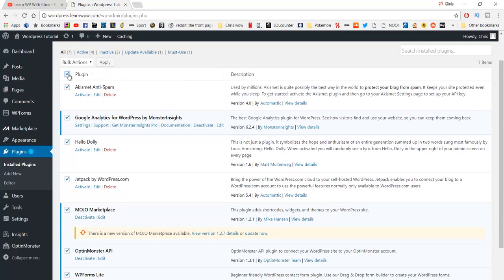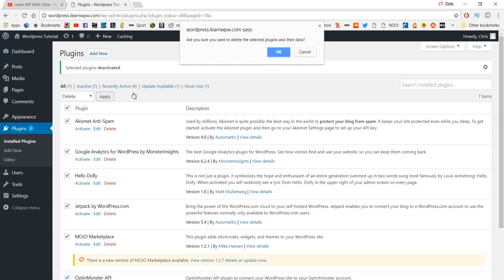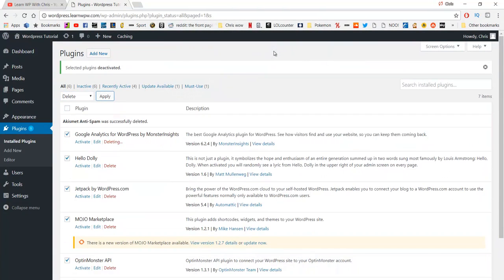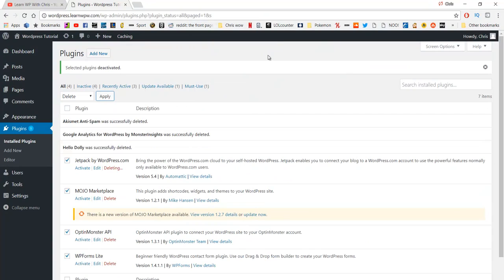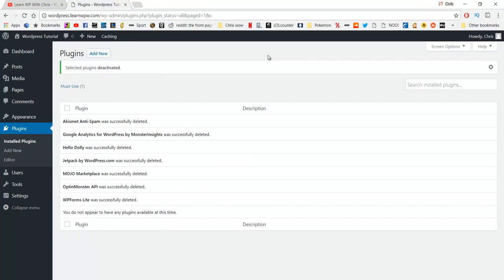So if you just want to tick this here, it'll tick all of these, and then you want to hit bulk actions, deactivate first, then click apply. And then you want to tick them all again, click bulk actions and click delete, and hit apply. And just make sure you say OK. So that's all the plugins deleted. And now if you just want to click add new up here,